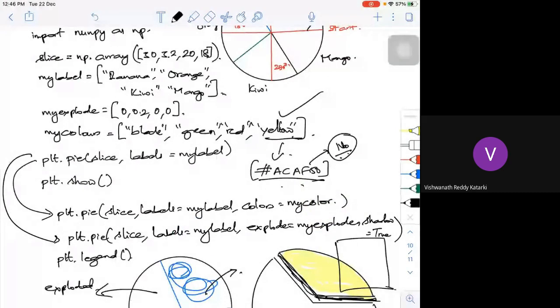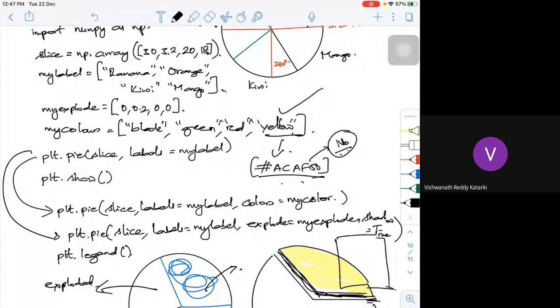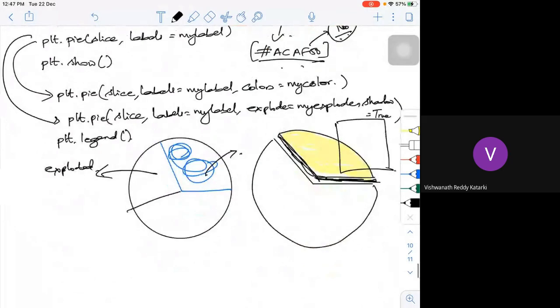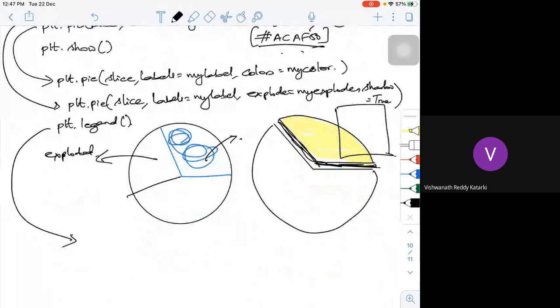Or you want to have a title for that legend. See, the beauty of this pie chart in Python is, say I want to give the title for the legend. So plt dot legend, you can tell title is equal to fruits.